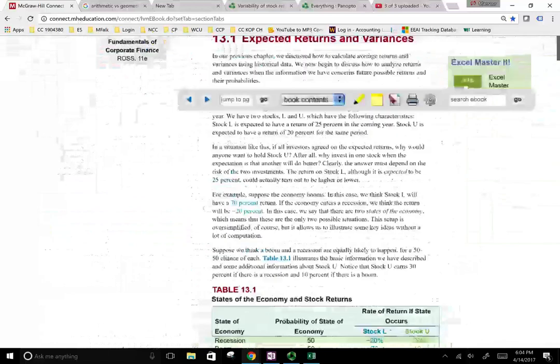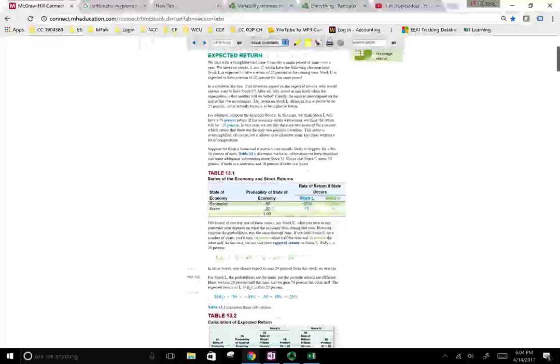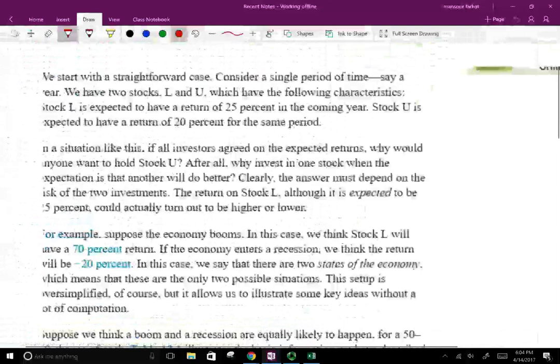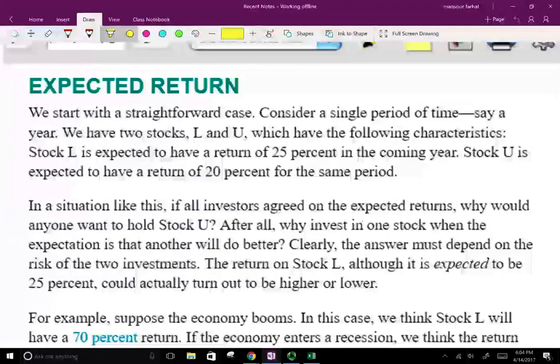And what's the expected return? It's the return that we expect to earn in the future. So let's start to discuss how to calculate what we call the expected return. We'll start using a simple example to illustrate the point. Consider a single period of time, say a year. We have two stocks, stock L and stock U,